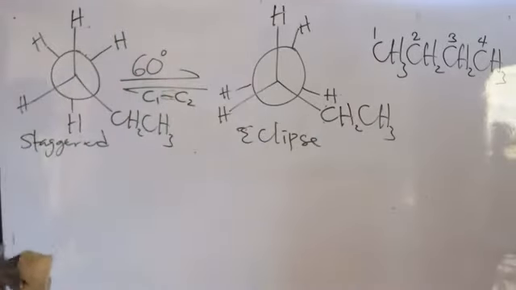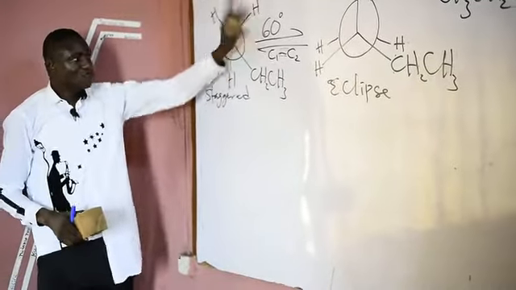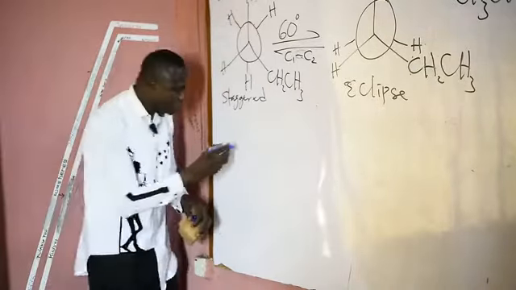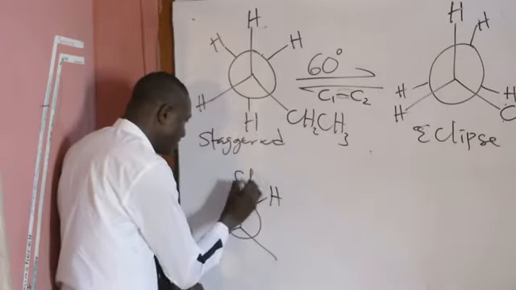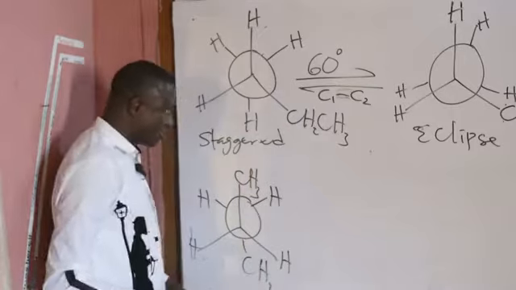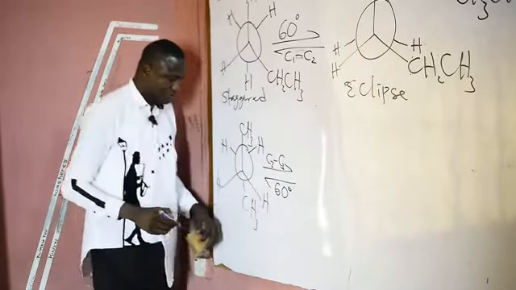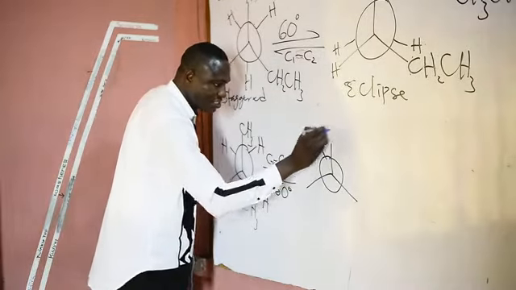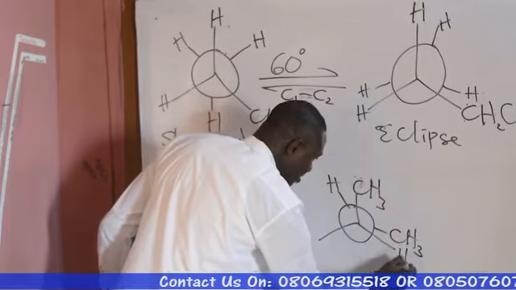And these are the 2 conformers that are possible when you rotate carbon 1 against carbon 2 in butane by about 60 degrees. But in C2, C3, we can have up to about 6 conformers. For instance, you have something like this. We have about 6 conformers: hydrogen, CH3, hydrogen, hydrogen, hydrogen, CH3. So when we rotate this about C2, C3 by about 60 degrees, we can have another conformer where we have something of this nature. That is hydrogen, CH3 here, CH3, hydrogen, hydrogen,